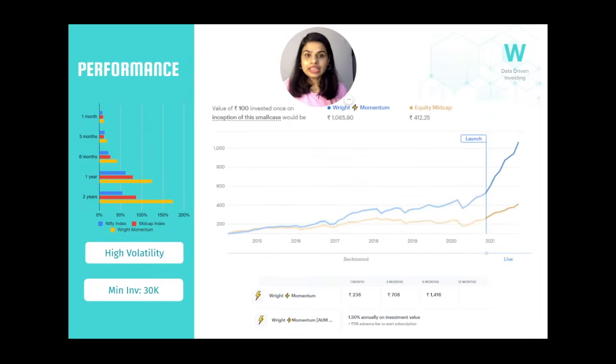Now, so that is about the momentum portfolio. We are using trend following to get the highest trending stocks and investing into this. Obviously, these portfolios do really well when the markets are strong, which is what we have been seeing in the last 1 year. You will see that this particular portfolio has given 100% return over the last 10 months, which has been amazing. This obviously is a high risk portfolio.